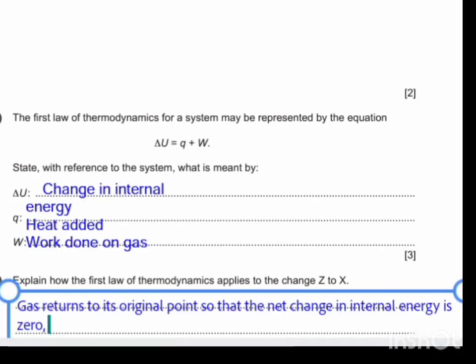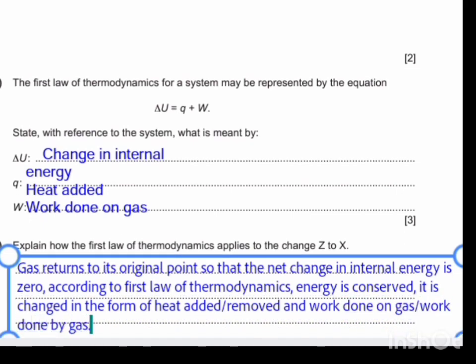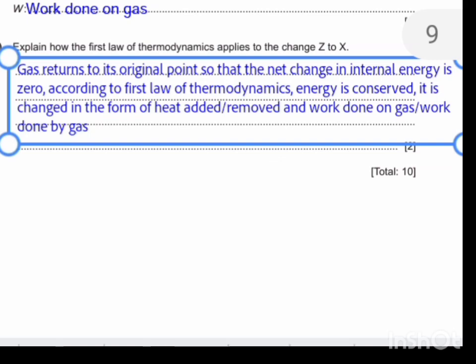Okay, so for the last part, explain how the first law of thermodynamics applies to the change Z to X. So we know that overall there is no loss in energy, that is conservation of energy, and that is the first law of thermodynamics. Heat can be added or removed, work can be done by gas or on gas, but the overall energy change is going to remain the same. It's going to return to the same point, and